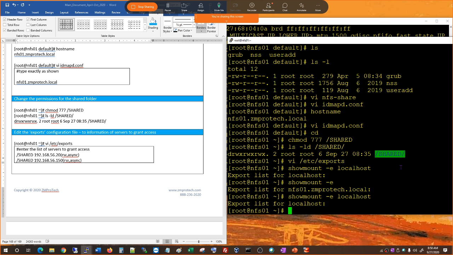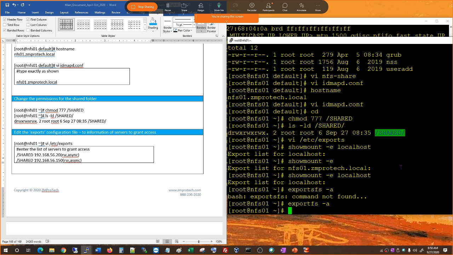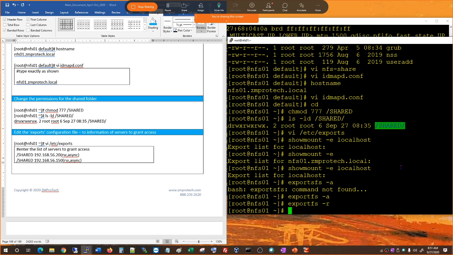So now you have to enable the exports here. exportfs -a. Okay, I'm going to remove S. No errors, good. exportfs -r. Okay, and